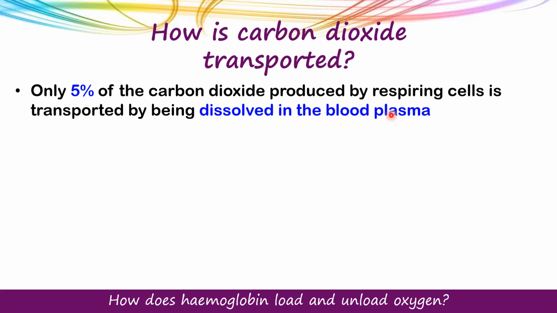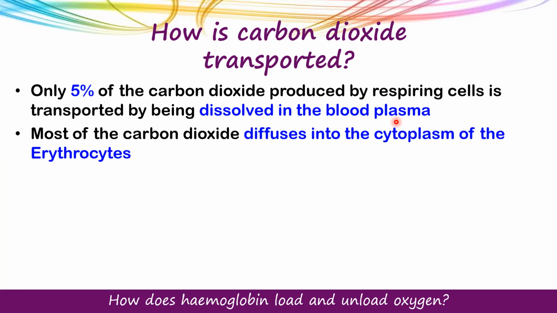So out of 100%, 5% dissolve हो जाती है blood plasma के अंदर, ठीक है, वो as it will go as carbon dioxide. ठीक है, then it will be diffused out of the lungs as the exhale. Most of the carbon dioxide, see 5% though is being dissolved in the blood plasma, but most of it, so we have now 95%, right? So most of the carbon dioxide then diffuses into the cytoplasm of the red blood cells. Okay? So red blood cells के cytoplasm में 95% goes there, in the cytoplasm of the red blood cells.